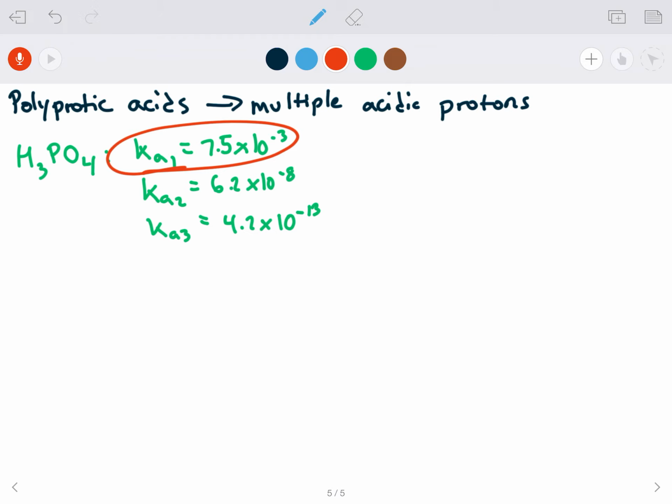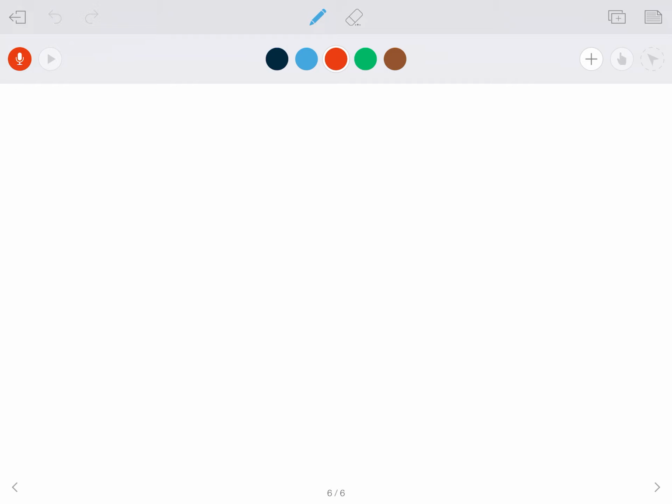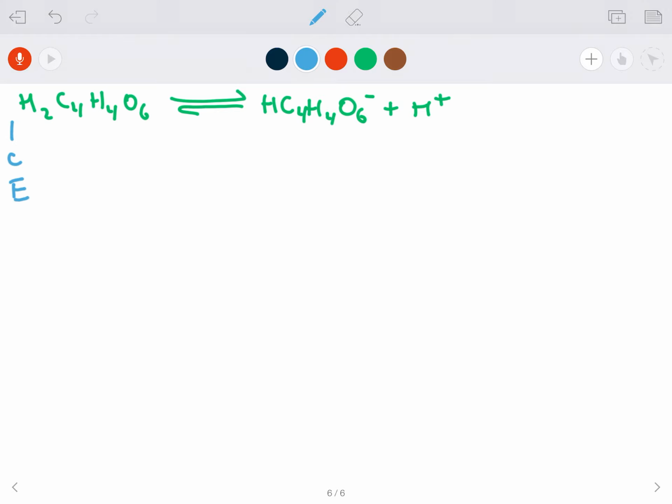Now, if we do need to use Ka2, I'm going to show you how you would set it up with the ICE tables. So an example here, we've got H2C4H4O6, a weak acid. This is an equilibrium with HC4H4O6 minus, and then H plus. So the ICE table for this